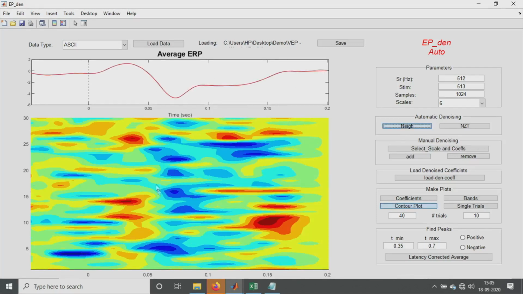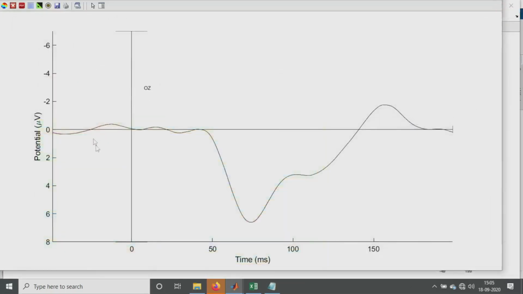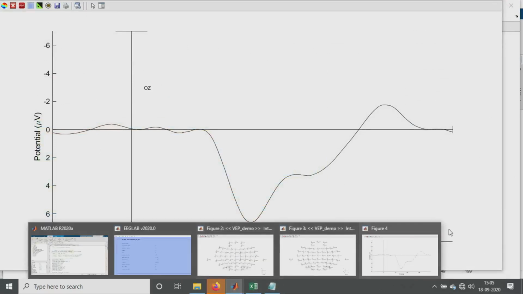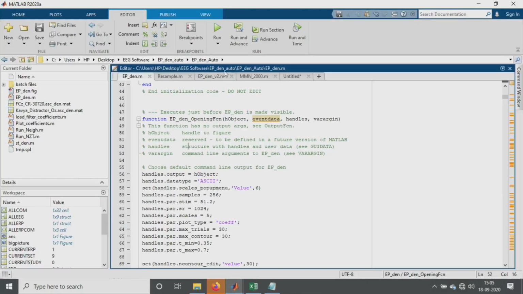See here, this is the negative and this is the positive peak. This is how the wavelet analysis works with respect to the Quiroga paper. This is the wavelet analysis done using the EPDEN software.